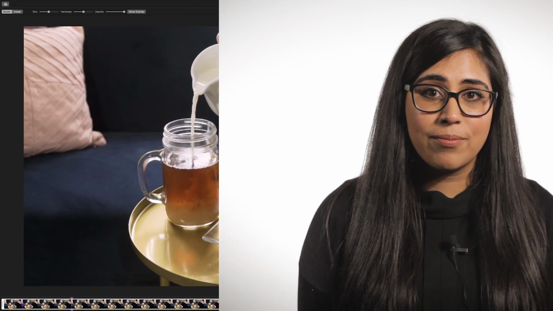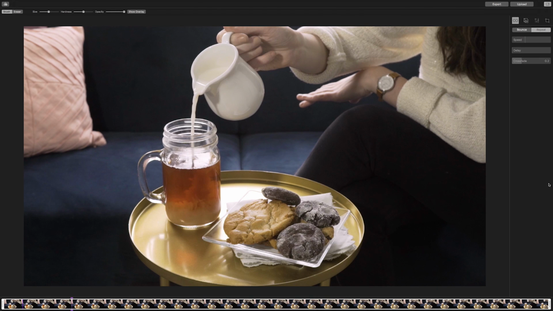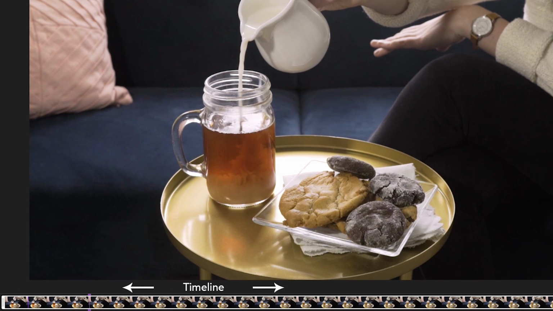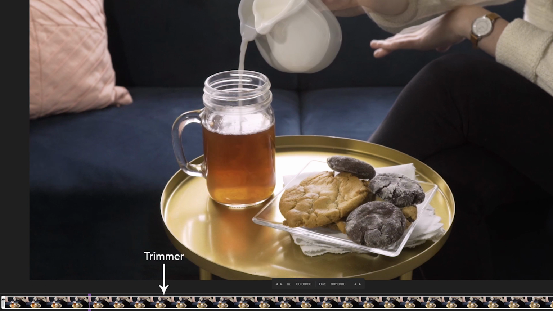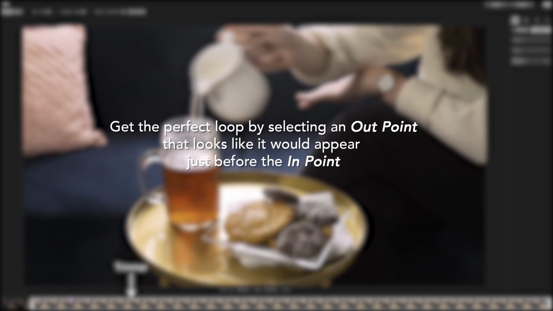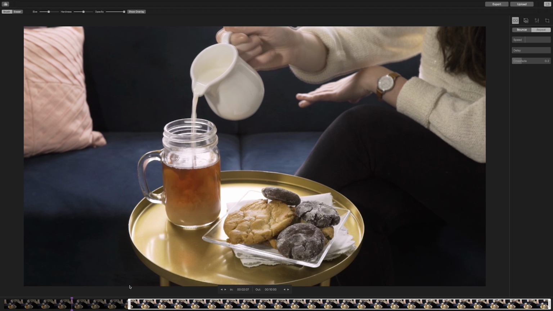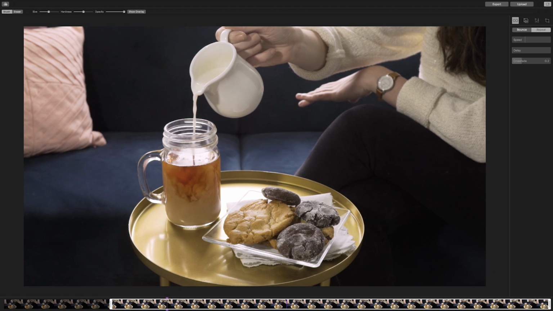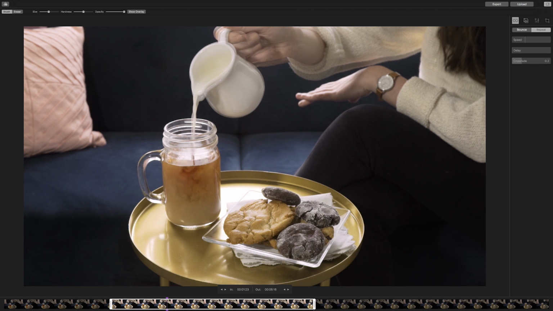our cinemagraph. Head over to the timeline, which is below your cinemagraph, and select the section and length of the footage that contains your movement. Drag the handles of the trimmer to the desired portion of your video. As you move the handles, you will see an overlay of your first or last frame. This will help you match up your first and last frame as best as possible to ensure a seamless transition